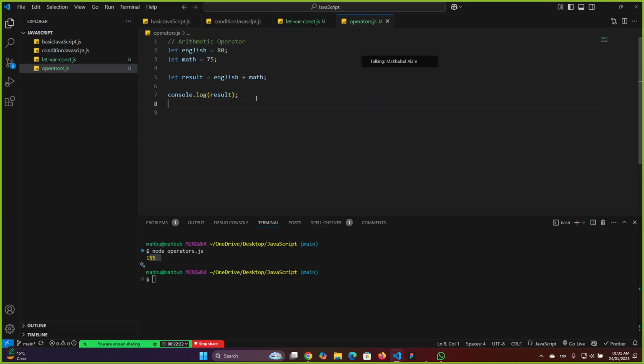So I also have a balance. Let balance equal to 500. Let's say I have lost 100. So for my new balance, let new balance equal to balance minus lost. If I console log this new balance,